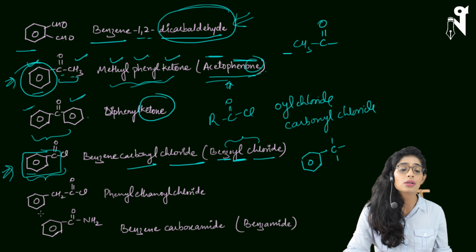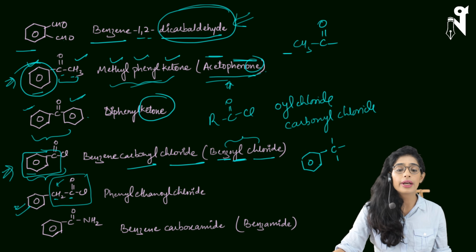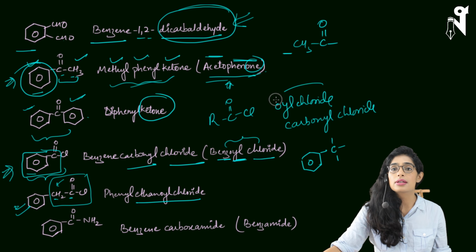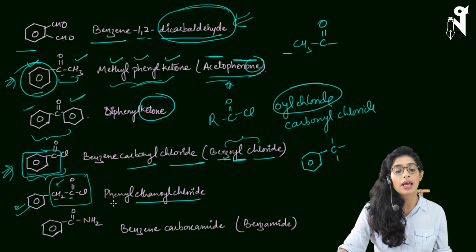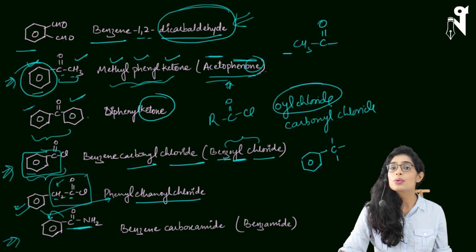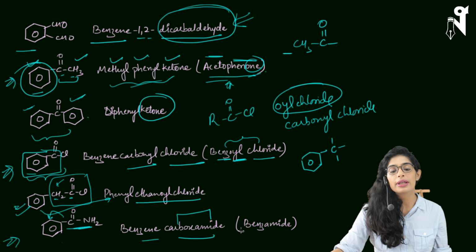Next, if the acid chloride is present on the carbon chain instead of benzene, then this will be acting as the main chain, and this will be acting as a branch. So how many carbons? Two. So it will be ethanoyl chloride by using oyl chloride as a suffix, and phenyl will be acting as a prefix. Now let's talk about the amide groups. CONH2, if it is directly connected to the benzene, in that case we'll be using the special name of amide, and that is carboxamide. So the name will be benzene carboxamide, or we can use a common name, benzamide.